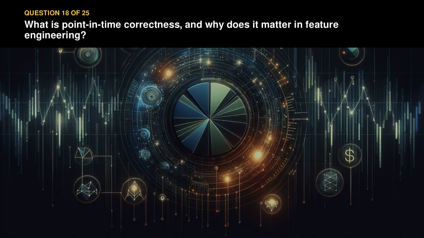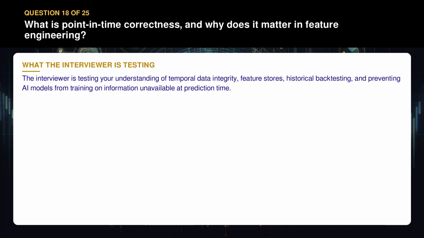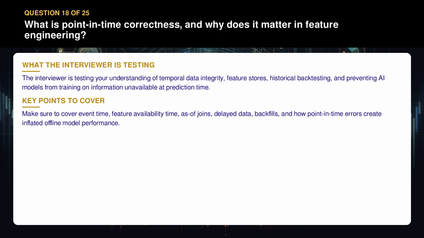Question 18. What is point-in-time correctness, and why does it matter in feature engineering? The interviewer is testing your understanding of temporal data integrity, feature stores, historical backtesting, and preventing AI models from training on information unavailable at prediction time. Make sure to cover event time, feature availability time, as-of joins, delayed data, backfills, and how point-in-time errors create inflated